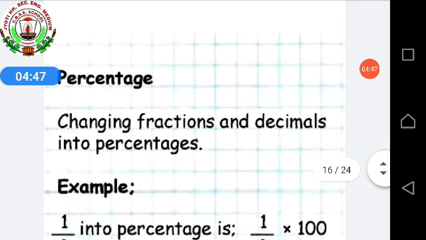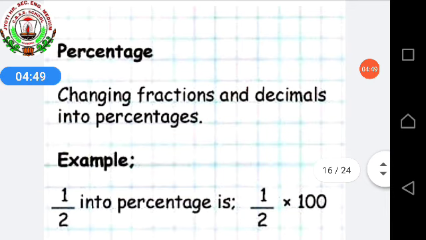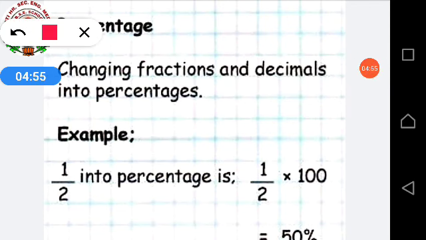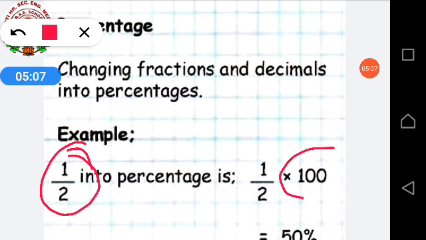Next, changing fractions and decimals into percentages. It's a very simple one. You people have done it earlier also in mathematics. If it is given that 1/2, 1 by 2 is a fraction, you have to change 1 by 2 as a fraction into percentage. So what will you be doing? You will be multiplying 1 by 2 into 100. So 1 by 2 into 100 means 2 ones are